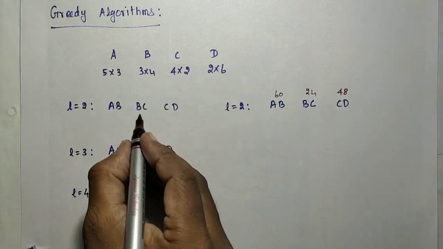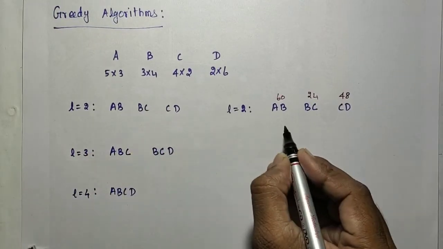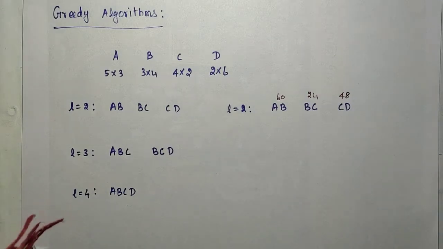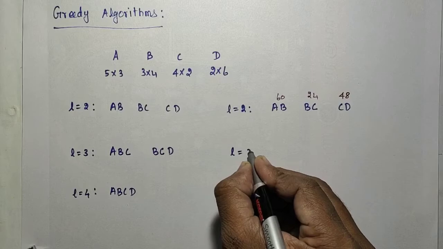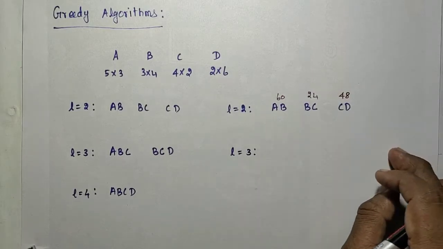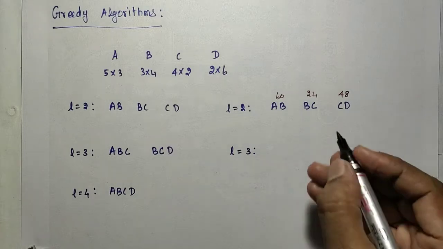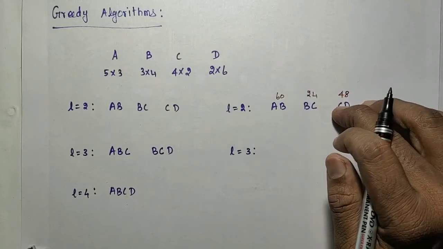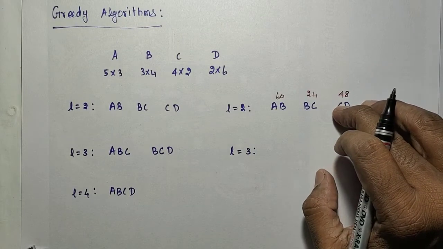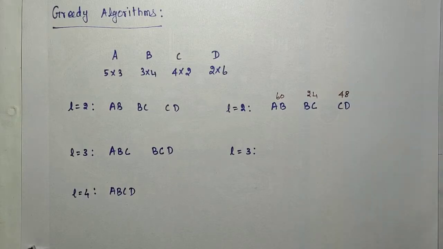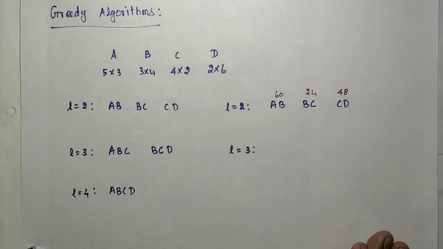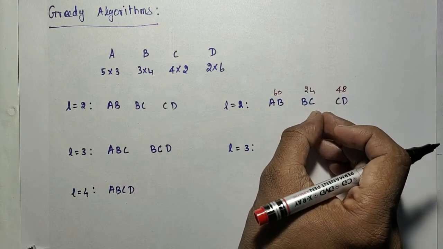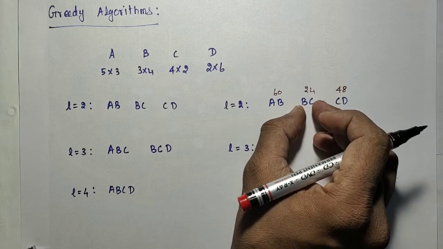In dynamic programming, these solutions will be recorded, but here we will not store them. So for finding the next level, L equal to 3, we will choose the best one from these 3 solutions. At this level, which one is looking best? With the hope that it will give the correct best solution at the end, we are going to choose one as the best solution. That choice is called a greedy choice.